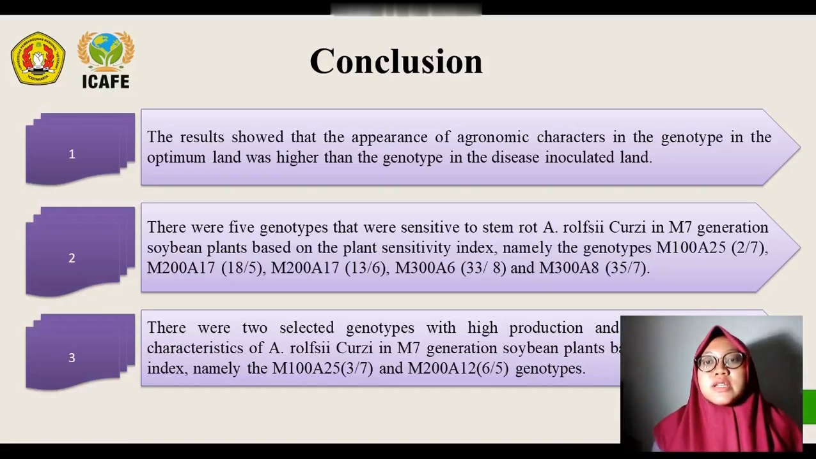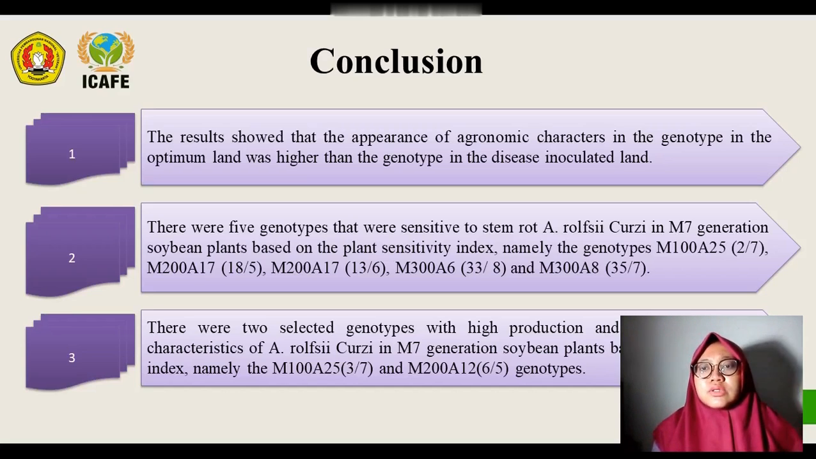Conclusion. First, the research showed that the appearance of agronomic characters in the genotypes in the optimum land was higher than the genotypes in the disease-inoculated land. Second, there were 5 genotypes that were sensitive to stem root disease in the 7 mutant genotypes of soybean plants, based on the plant sensitivity index,